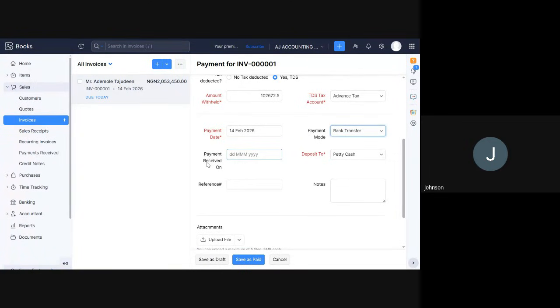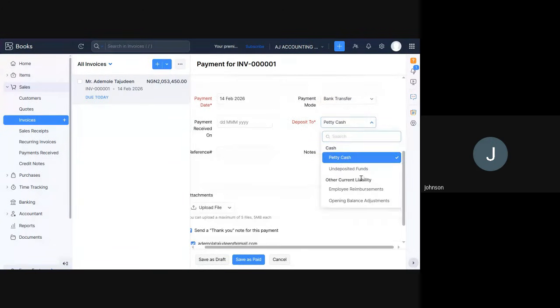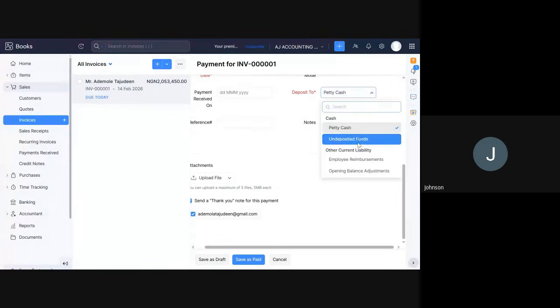The payment received on is the same thing over here. You can leave that one. Then deposit to, where did you deposit to? And this is where we now need to go back to our chart of account, right? Under our chart of account, we now need to capture in our